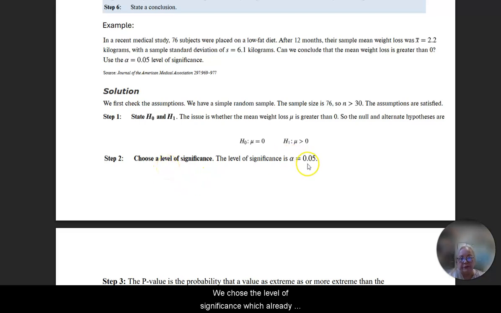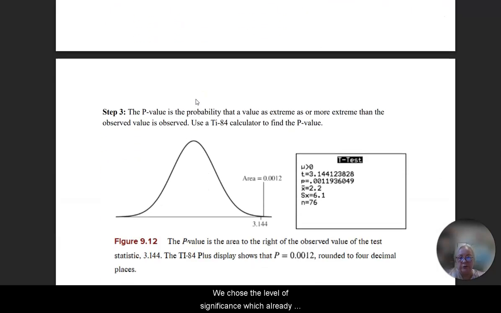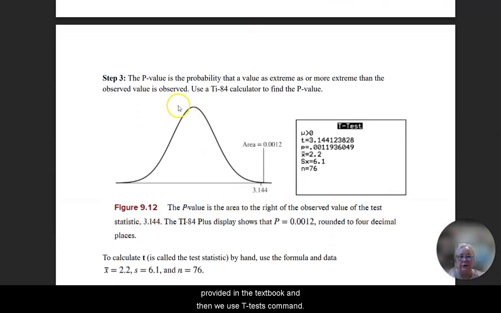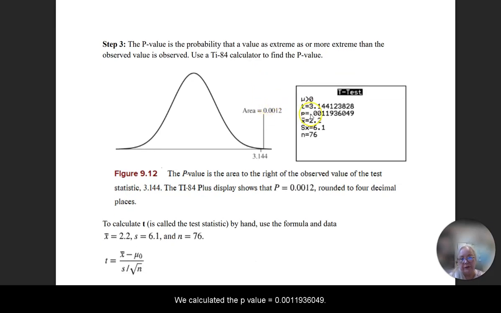We chose the level of significance, which was already provided in the textbook, and then we use the t-test. When the population standard deviation is unknown, we use the t-test. If we know the population standard deviation, which is unusual for a real-world situation, then we will use the z-test. And we calculated that the p-value is